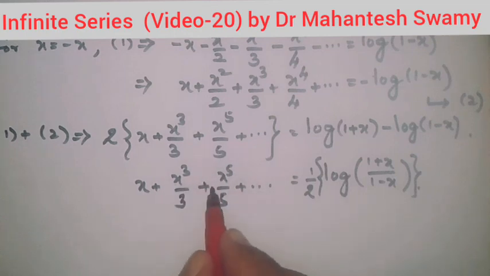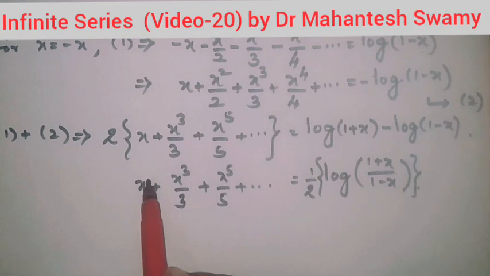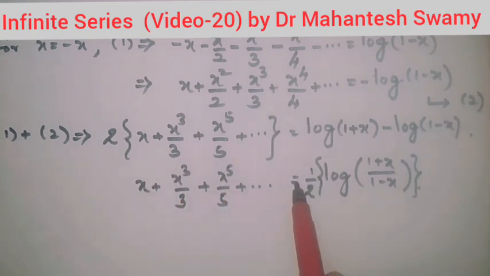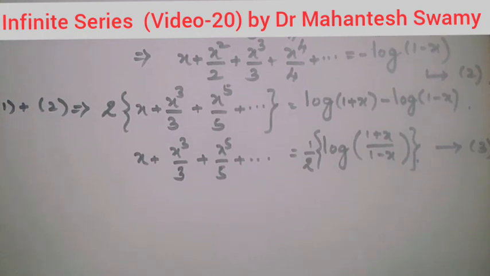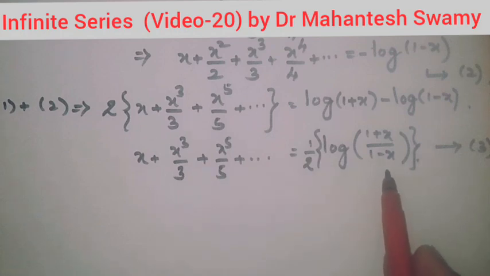So this series is again a series of positive terms having only the odd powers of x, and the value of that series is going to be 1 by 2 log of 1 plus x divided by 1 minus x. So let us call it equation number 3, and again we will be using this for our problems. When we solve the problems, that is, find the summation of the given infinite series, we will be using this series as one of the standard formulas.